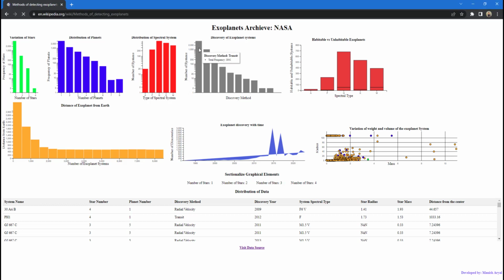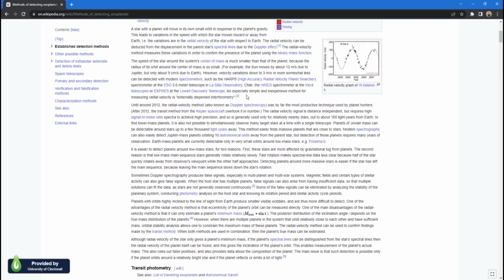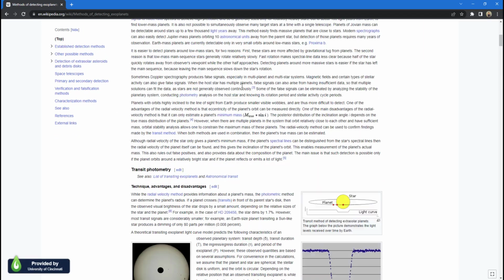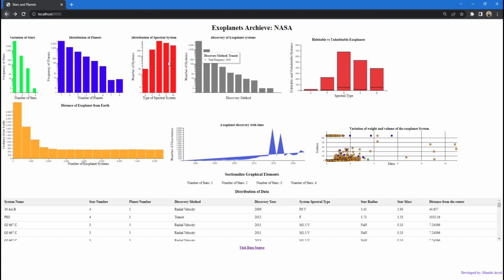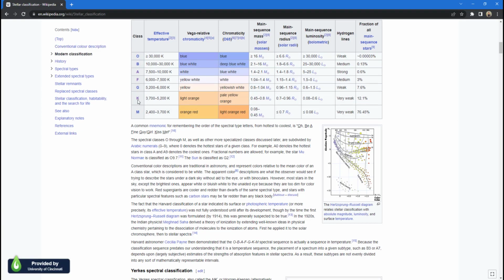And if we click on it, it goes to a Wikipedia link which allows you to learn more information about radial velocity, transit photometry, and other things, as well as for spectral systems. If you click on a link, it allows you to access information about spectral systems A, G, K, M, and